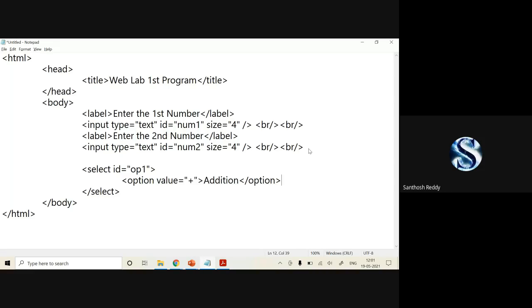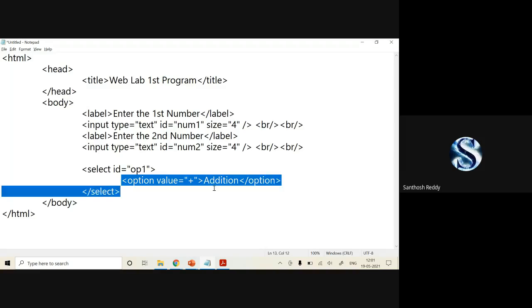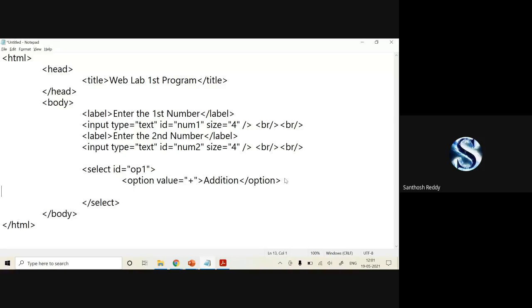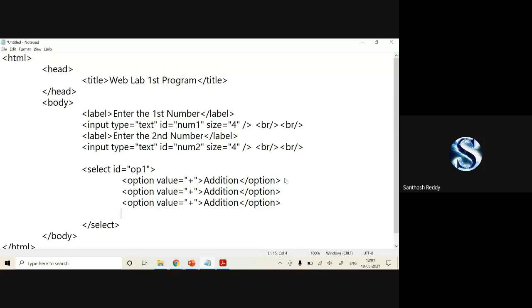The same way you have to mention all 4 arithmetic operators. Now I'll change it: minus, subtraction; multiplication; and division.